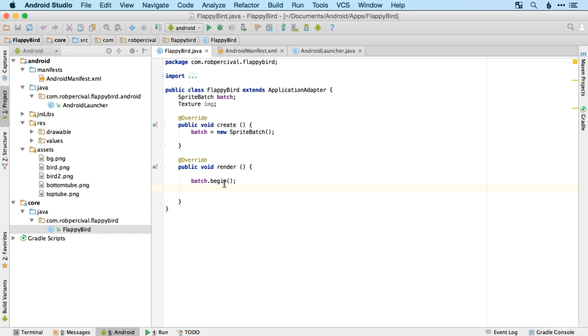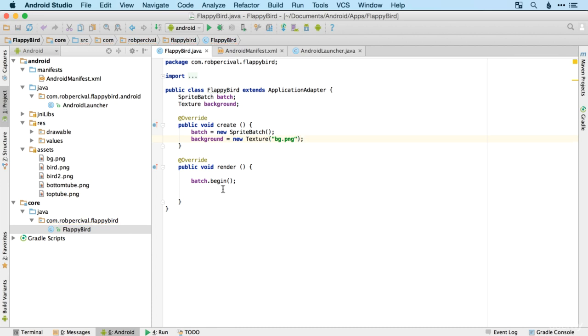And we're only going to display the one, the background. So instead of having a texture called image, let's have a texture called background. And a texture really is just an image. It's exactly the same thing, but in game creation, they're known as textures rather than images. And then we're going to define which image this background is going to be. So we want a new texture created from, and of course we're going to use